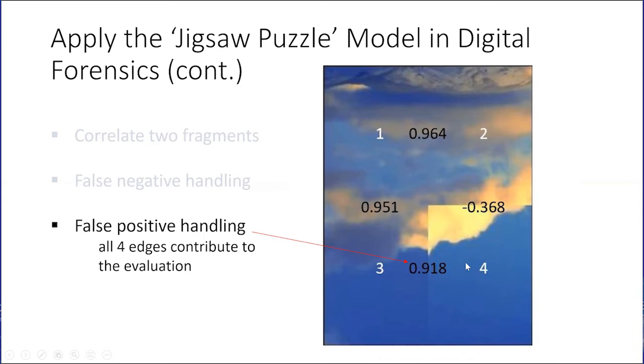But as we can tell by our eyes, these two pieces are not adjacent, actually. So we may need to rely on other edges to decide if these two pieces are adjacent in the original